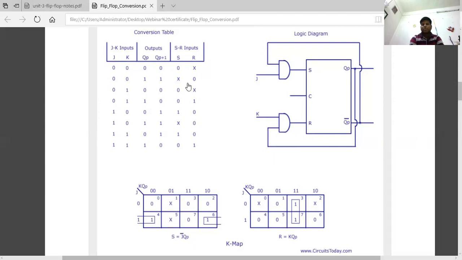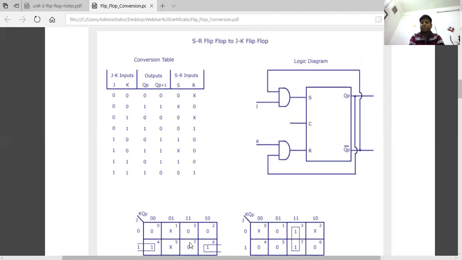Another one is solved for the R condition. Next, J K QP, the same inputs are there, we have to mention them here, and there is a possibility of only one pair, which means K QP. So we have two equations from the K-map solution, the S value and the R value. How to design for the SR value? The S value means J QP dash.